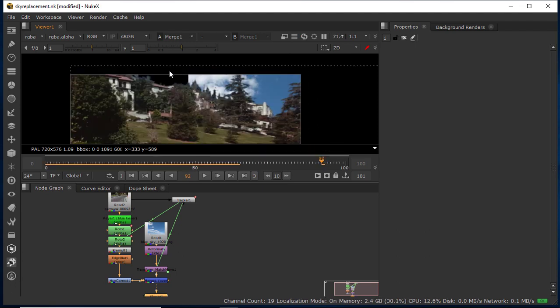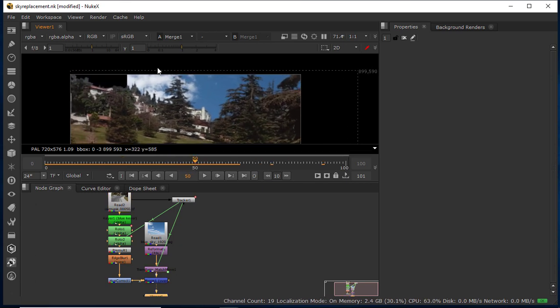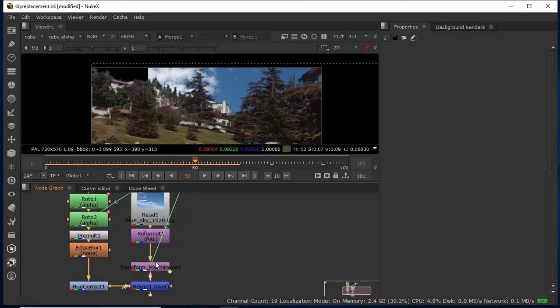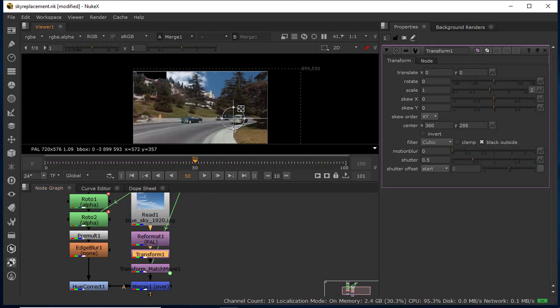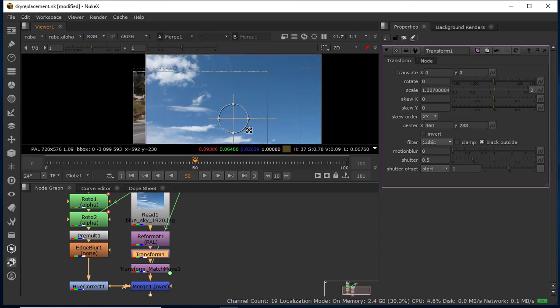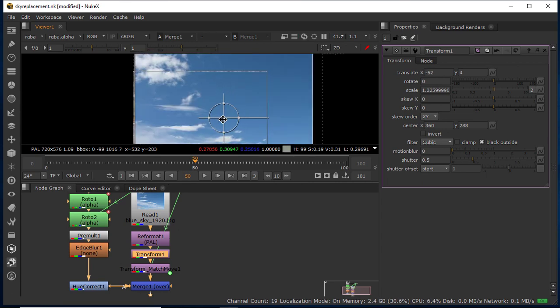But here you will see there is a black area, because your sky is now moving according to your footage. Now we have to adjust this area. For this correction, just see here. Before this transform, meaning this match move data, you have to use a normal transform node. Select your reformat, or you can adjust before this also, then press T for a transform node. Now scale this a little bit, and maybe move it a little.